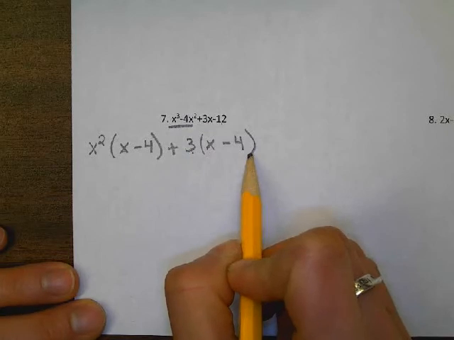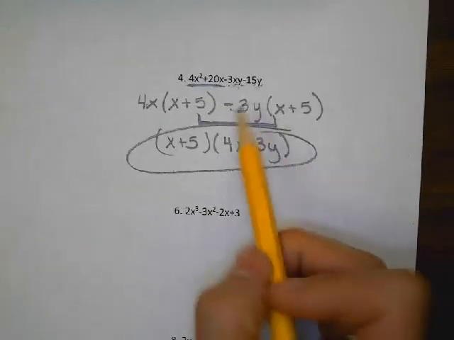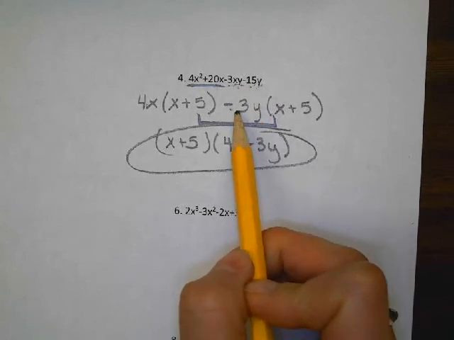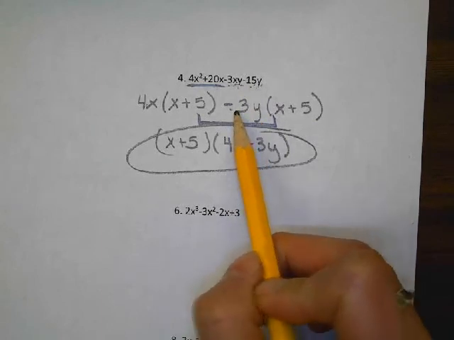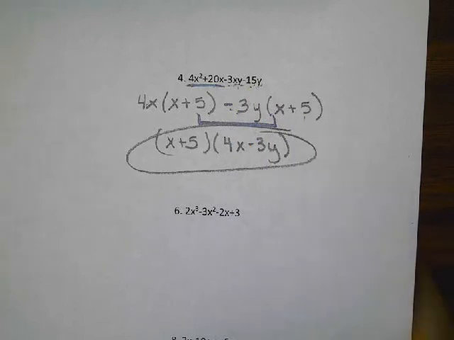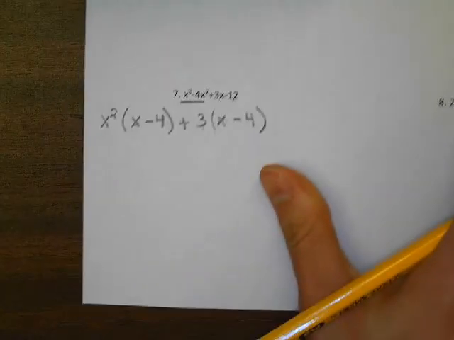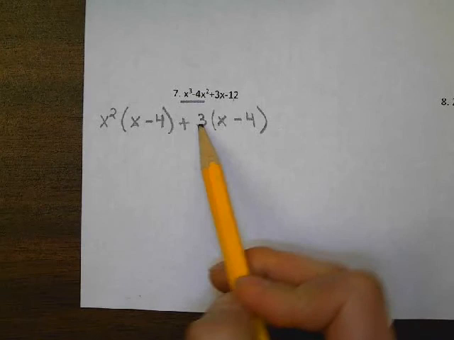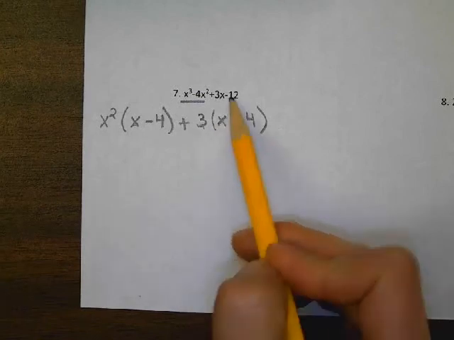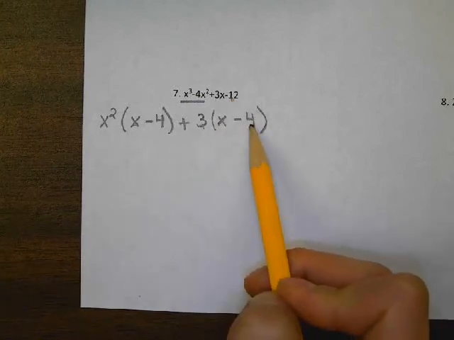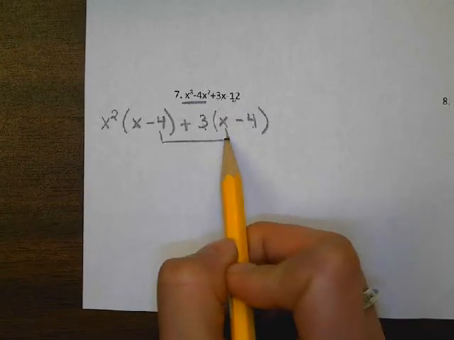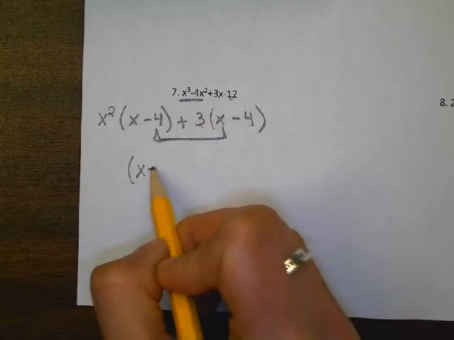Make sure that you take care of those negatives like we did over here on number 4. I had to keep in mind that I had a negative 15 and I was taking out a negative 3. So that's how I ended up with a positive 5. So over here on number 7, if I take out a positive 3 from a negative 12, that leaves me with a negative 4. And again, those are the same, so I grouped those,